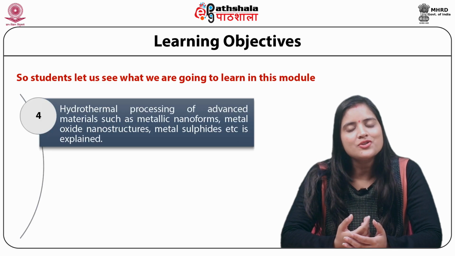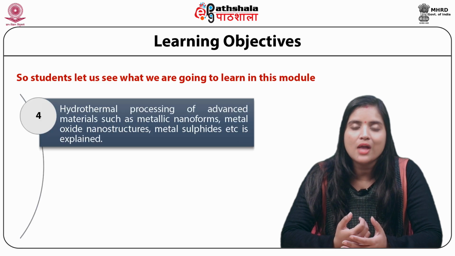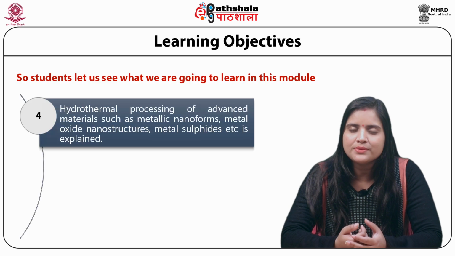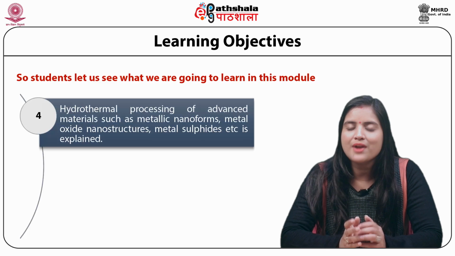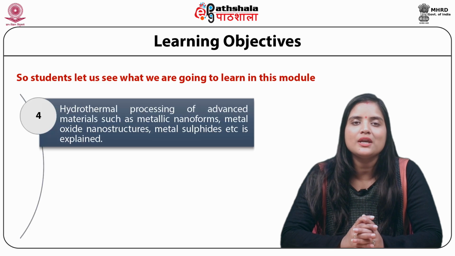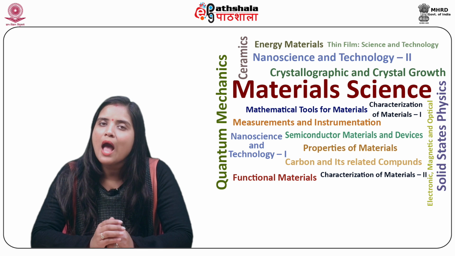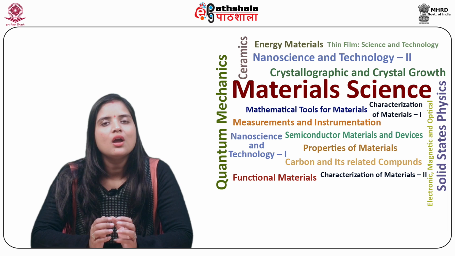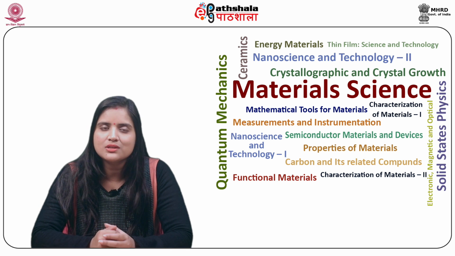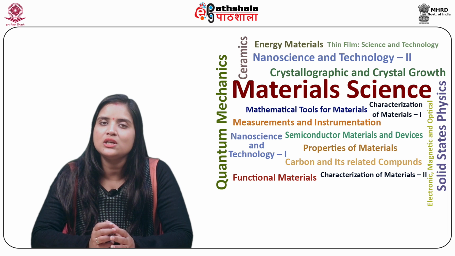Finally, hydrothermal processing of advanced materials such as metallic nanoforms, metal oxide nanostructures, metal sulfides, etc. is explained over here. Hydrothermal processing has gained much interest for synthesizing advanced nanomaterials as well as composites exhibiting tailored